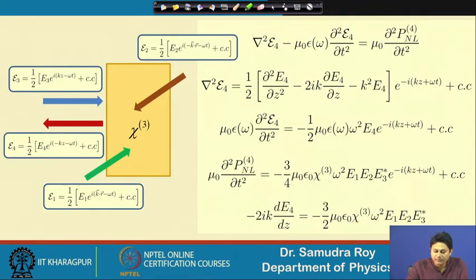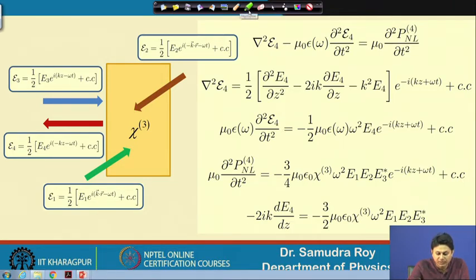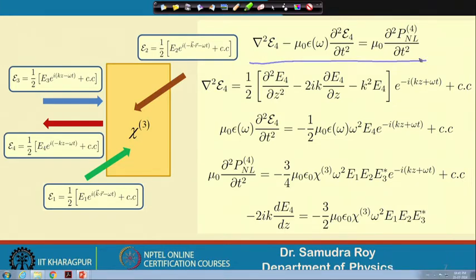This is a very old kind of equation. I do not know how many times I am using it, but again this is our nonlinear Maxwell's equation, and this is the nonlinear Maxwell's equation for the E4 field. For the E4 field we have a source term, and this source term should contain P nonlinear 4. Since I already derived P nonlinear 4 in the previous slide, it is easy. So, this is our structure.